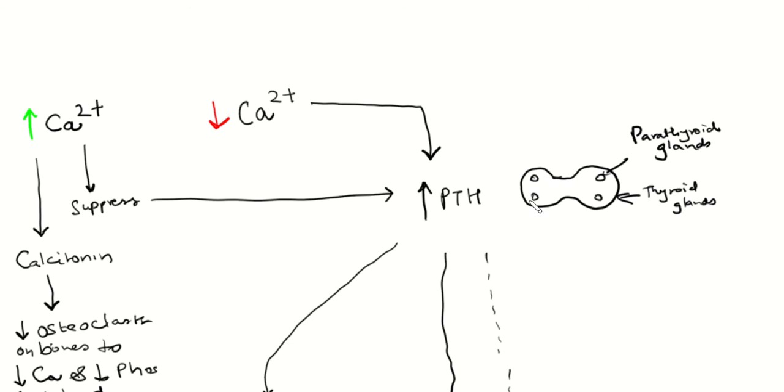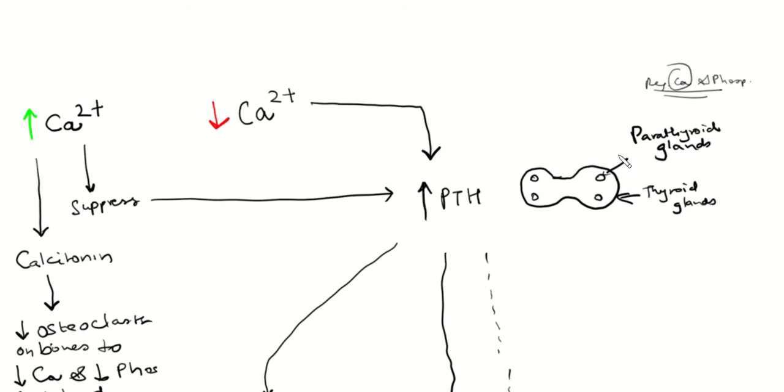And on the thyroid, there's actually these four little glands, and they're called parathyroid glands. Their role is regulation of calcium and phosphorus. And they play a big role with this, especially calcium,